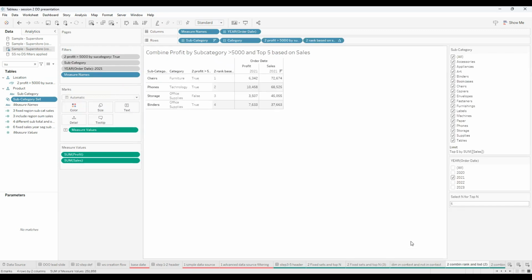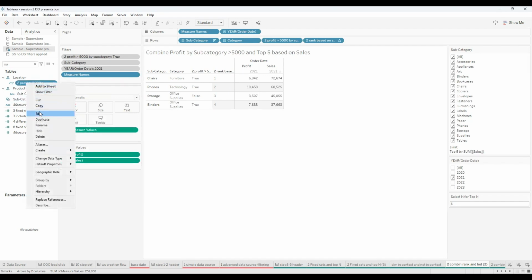Sorry, I want to go over to a more advanced calculation that we're going to look at here. And the advanced calculation that I want to look at is I want to take a look at 2 things at the same time. I want to take a look at subcategories that have over $5,000 in profit. And at the same time, I want to take a look at the top 5 categories in terms of sales, just like we just looked at the top 5 categories in terms of sales. But I want to add to it this other